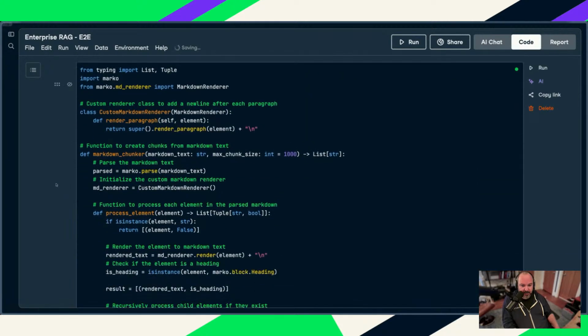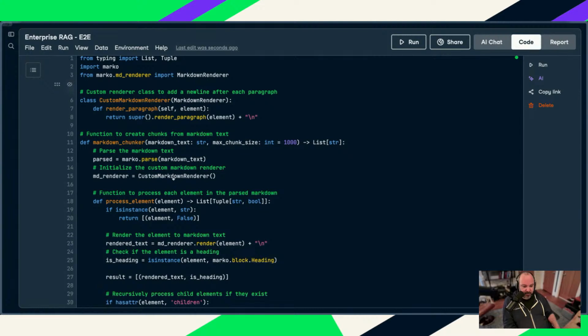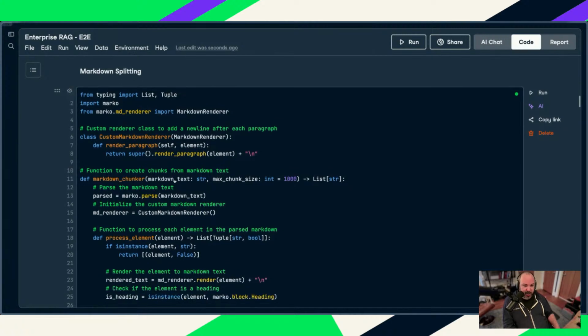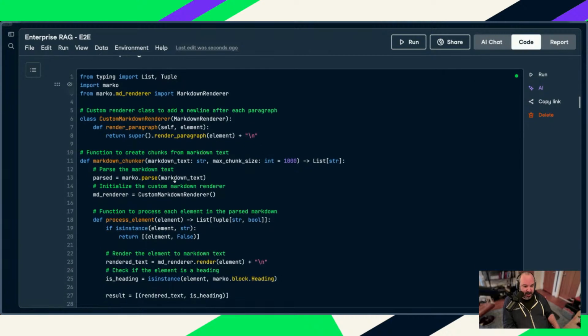So let's look at this Markdown chunker. Of course, you could choose to use Markdown chunkers that have already been built by LangChain or by other providers. Same goes with the recursive Markdown chunker. I just wanted to build one here to demonstrate how straightforward it is, because there's nothing really magical going on within this